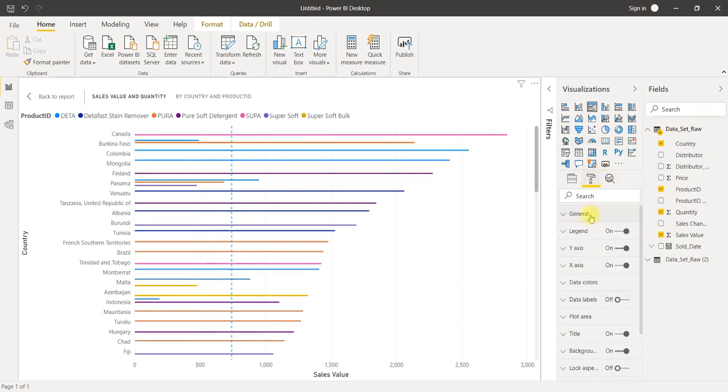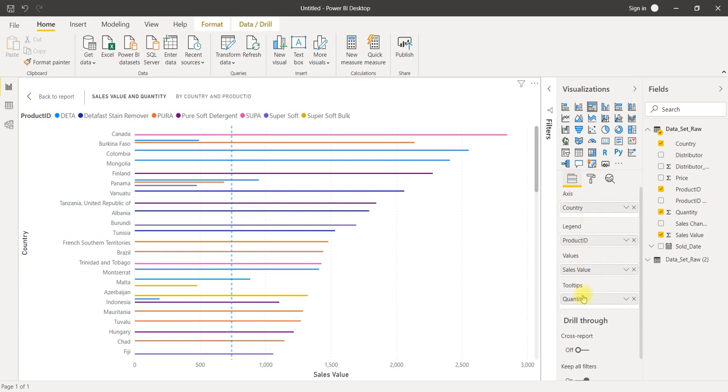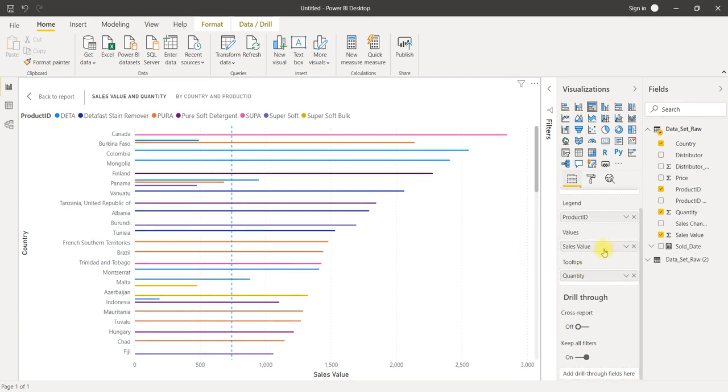If you would like to do formatting, use this. And if you would like to change the values, for example, you don't want it sales-wise but quantity-wise, you can drag and drop quantity here. And for sales itself, by default it is selected as sum.